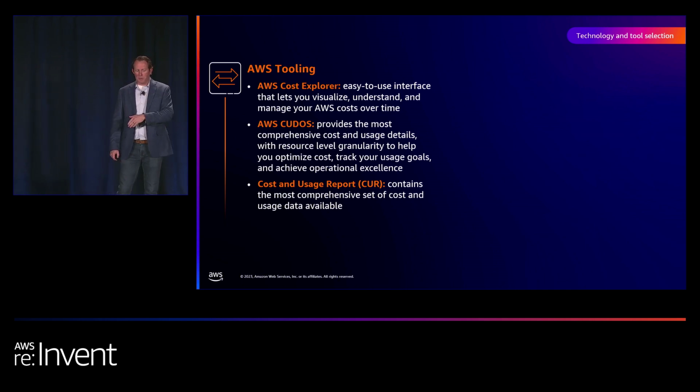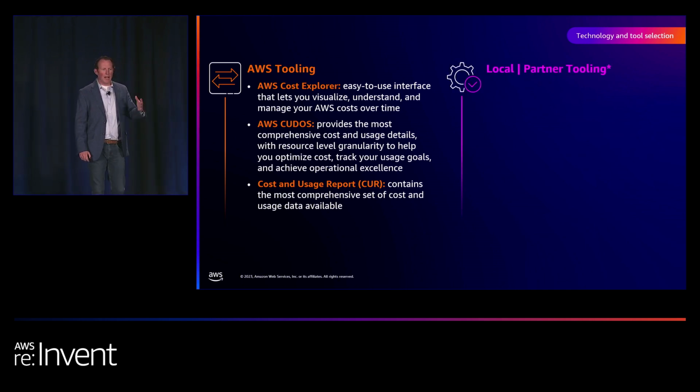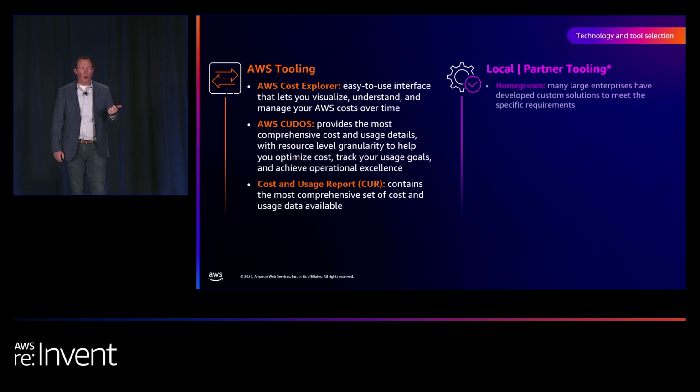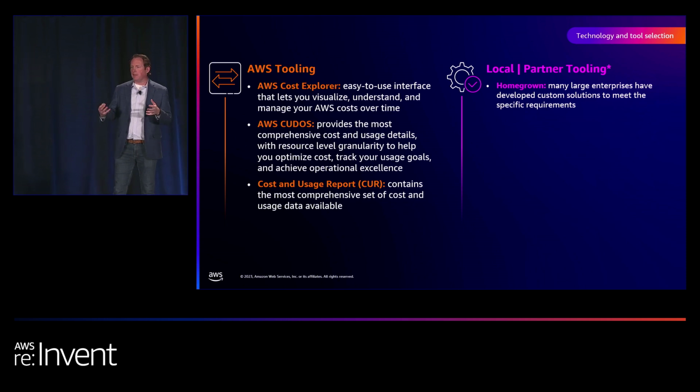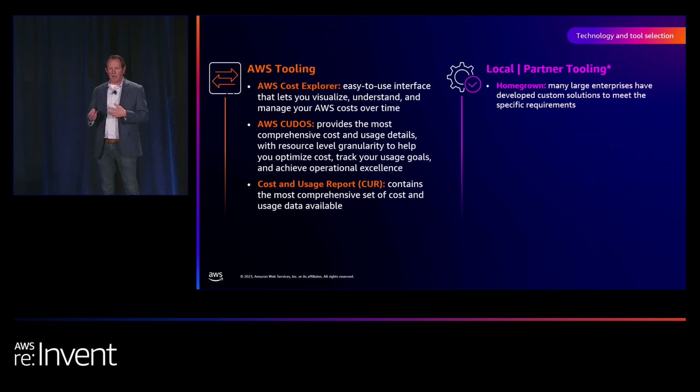So as you think about the flip side, which is partner tooling, and I just took this directly from the FinOps Foundation website, so this is not me sponsoring any of these companies, just be clear about that. But homegrown is number 1 when I engage with customers specifically. And that's because a lot of these tools, either AWS or partner tools, don't fully meet their needs. So they're ultimately trying to do custom builds. I've met with 3 customers this morning to talk about FinOps. All 3 have homegrown solutions. I don't think that's probably the right long-term strategy, but that definitely is the current strategy that customers are leaning in on because the tools aren't meeting those needs.